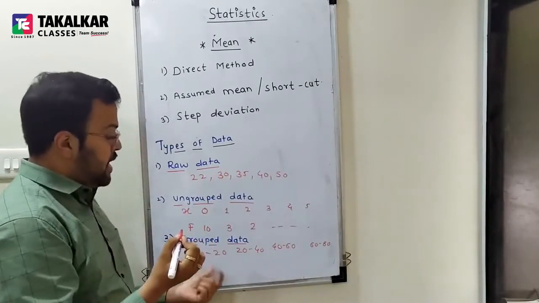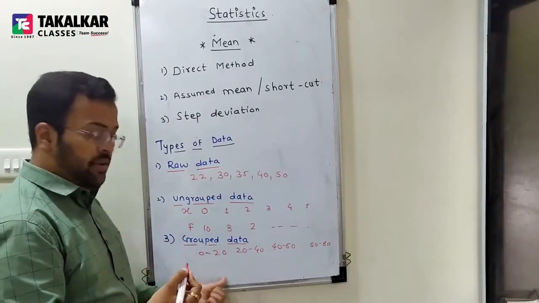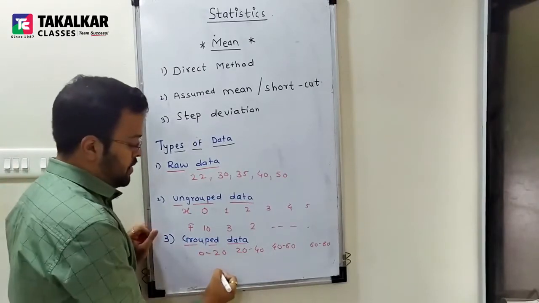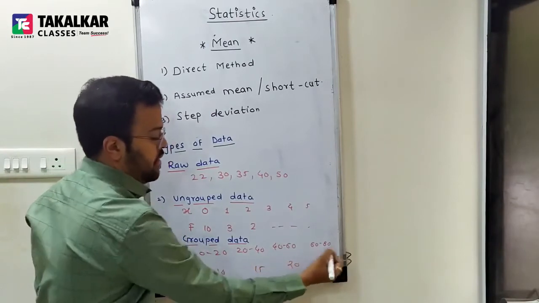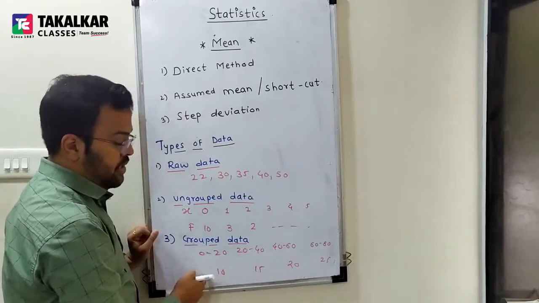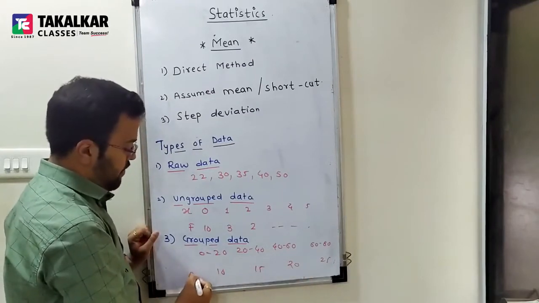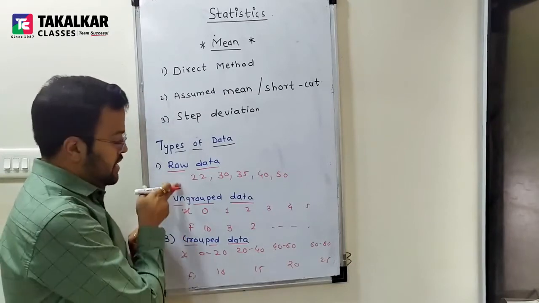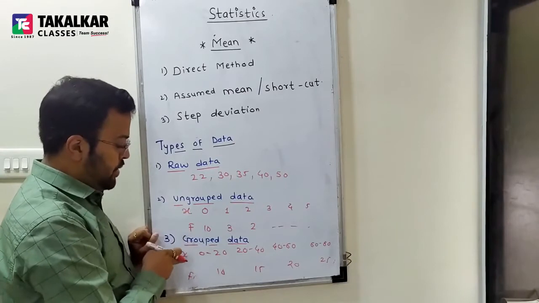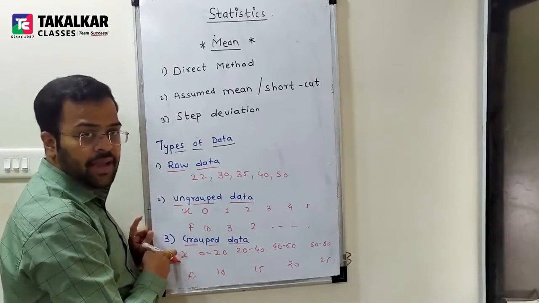इसका मतलब क्या हुआ? जिन जिन बच्चों को 0 से 20 में से मार्क्स मिले, that I'll count here. ग्रुप बना लिया मैंने उनको. सपोज वो 10 है, this is 15 है, this is 20 and so on. These are number of student. Number means your F. And this is your X. Getting this? This is raw data, this is ungrouped, and this is grouped. Any doubt till this? Am I clear?